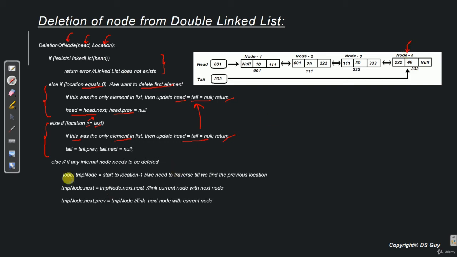So what we have to do is, we have to update tail. We have to say tail is equal to tail.previous. So what is tail? Tail is 333 right now. What is tail.previous? It is 222 now. So we update tail and change it to tail.previous. That is, we put 222 over here. So this will automatically destroy this connection and establish a new connection between tail and node 3.